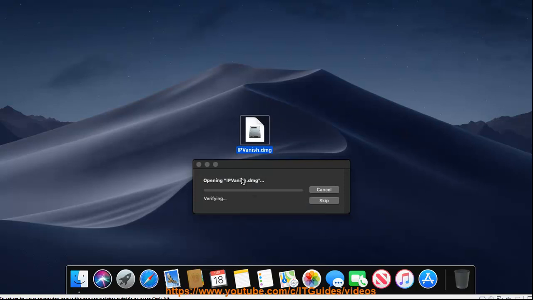4. Log into the app with your registered IPVanish username and password. While running the Mac client for the first time, you will be prompted to enter your Mac system password to allow IPVanish to install its helper component. 5. Once you have logged into the app, you can either click on the Begin Tutorial button to continue